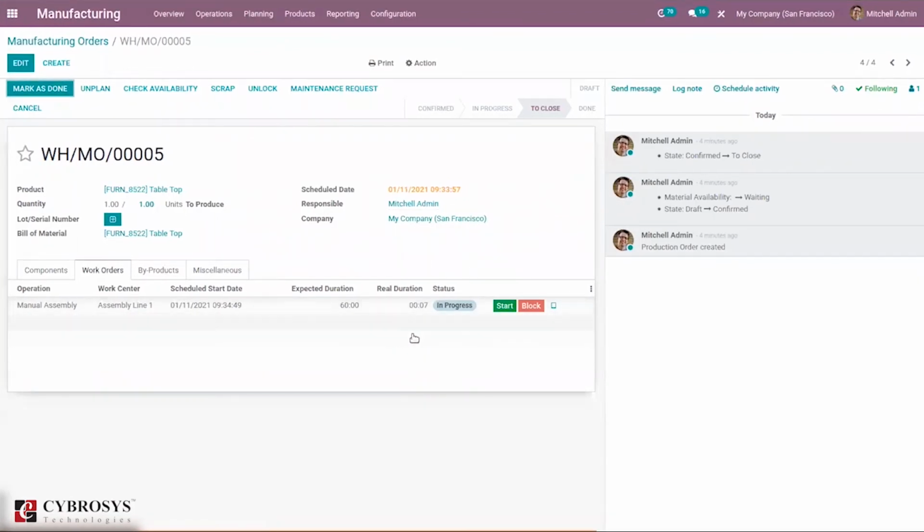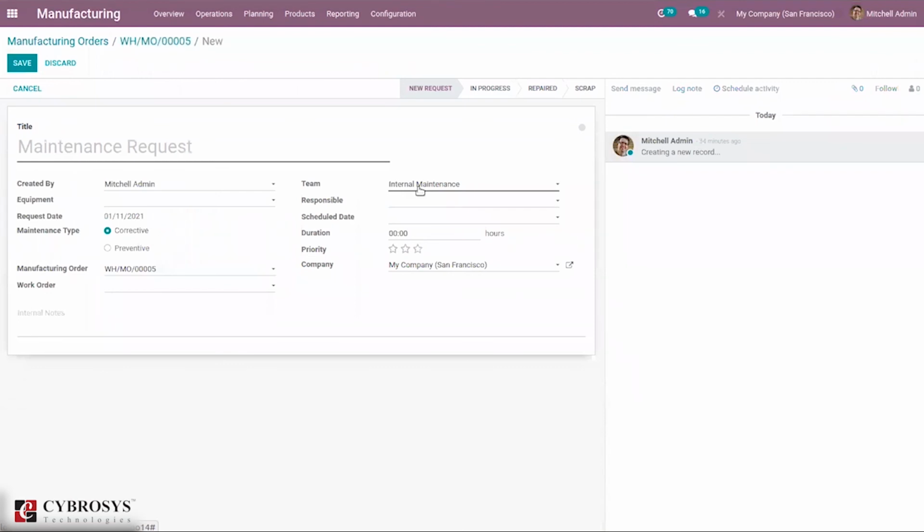As we have started processing this work operation, you can see the real duration is now 7 seconds. Here we can see an option for creating a maintenance request. When you click on this, directly from here we can create a maintenance request for this manufacturing order, and you can see by default our team is internal maintenance.